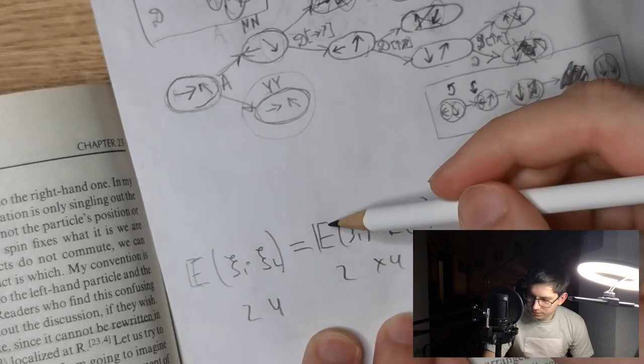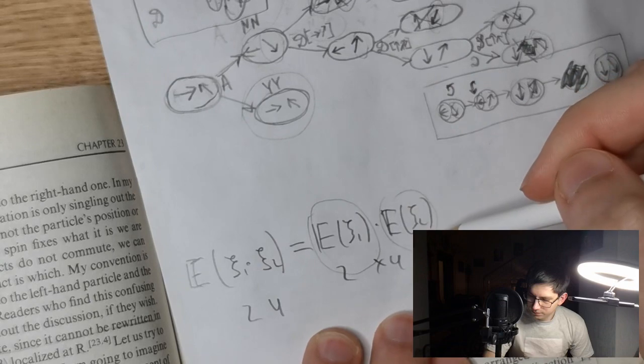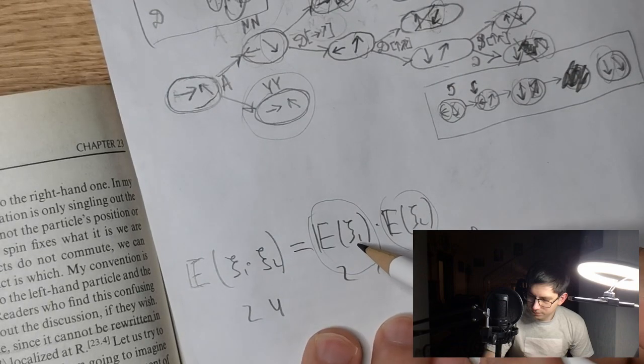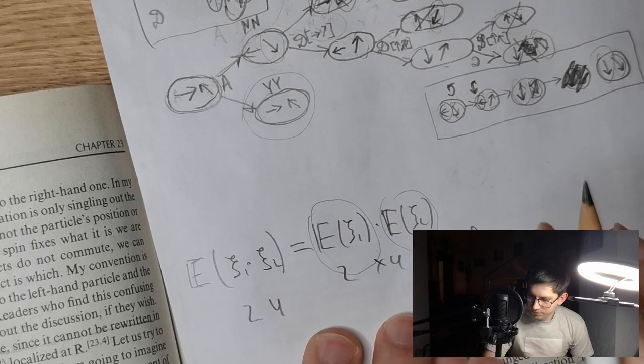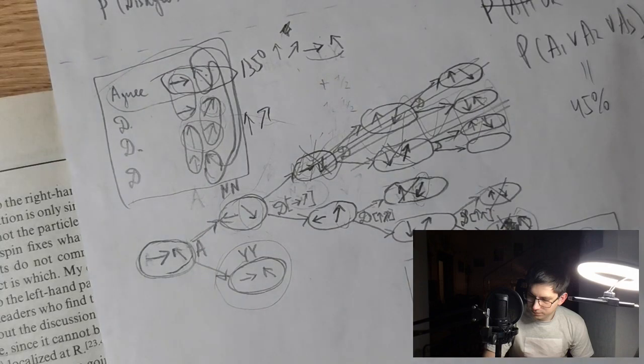So basically, below those expectations, depending on the distribution of the random variables, there will be some kind of summation or integral. So if you take a look at the Bell paper,